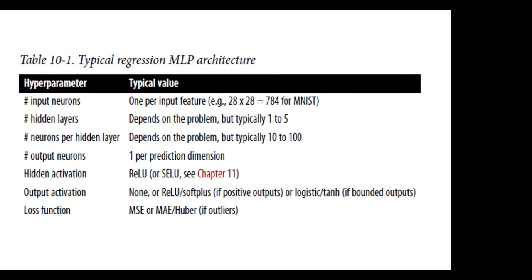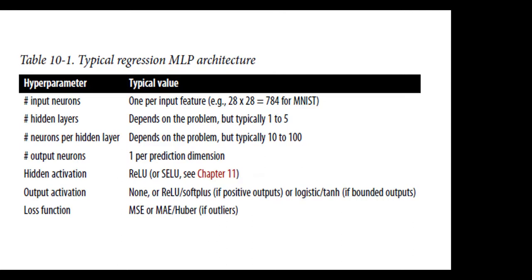We can use one to five hidden layers. It depends on the problem. But the output neuron is one per prediction, for example, as I'll show later. And about the hidden activation function, we can use ReLU. And about the output activation function, it depends on us. We can use none of the activation functions we talked about, but in this case, we cannot guarantee